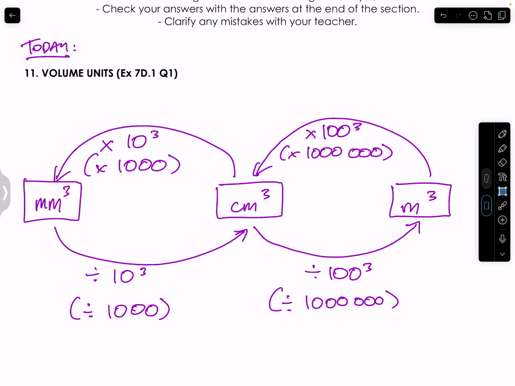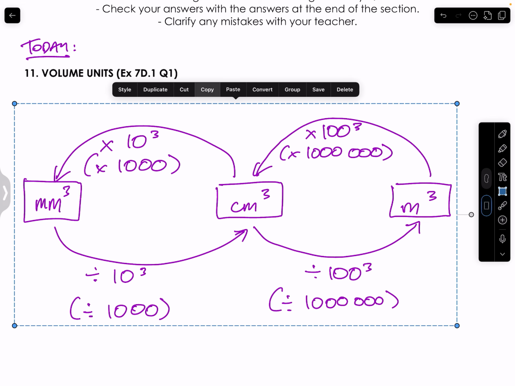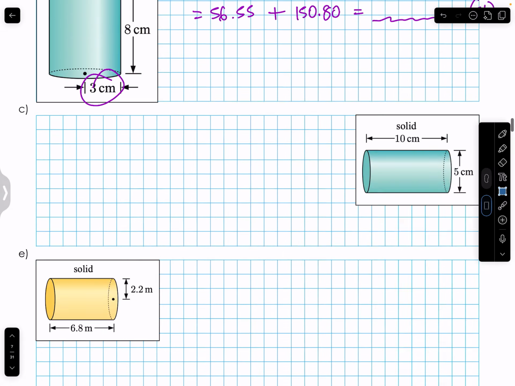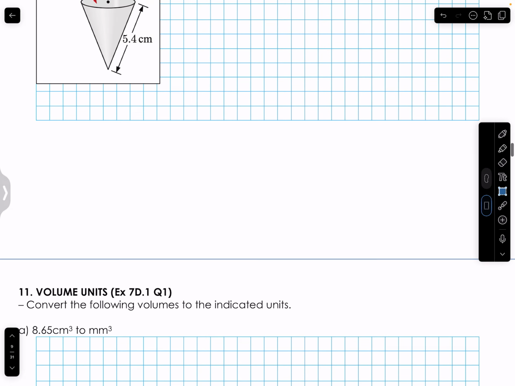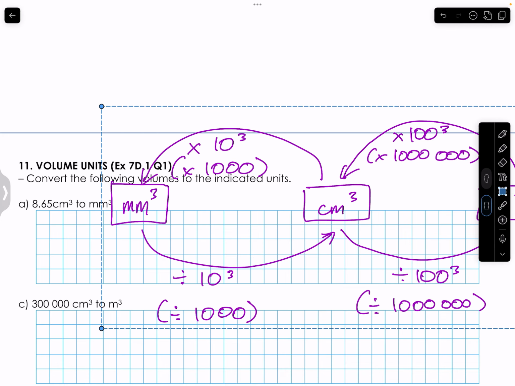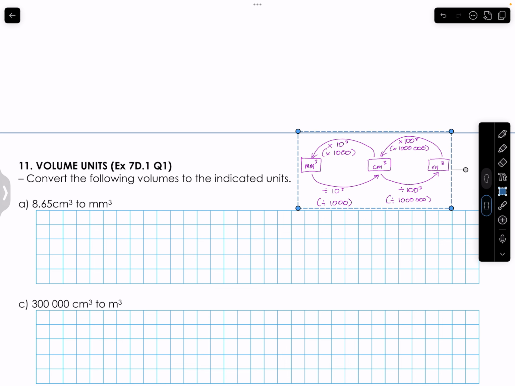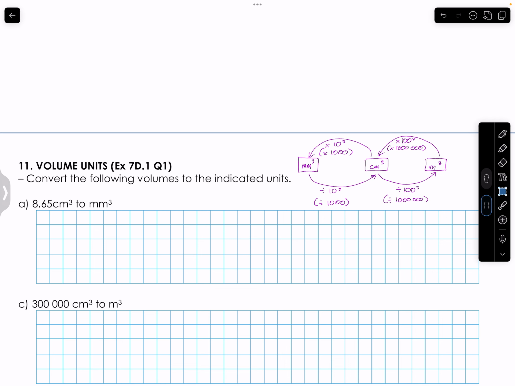So to help set you up with the first question, that is 11, I believe. Volume units. So just keep that, make it small. 8.65 cubic centimeters to cubic millimeters. So what you're going to do is get the 8.65